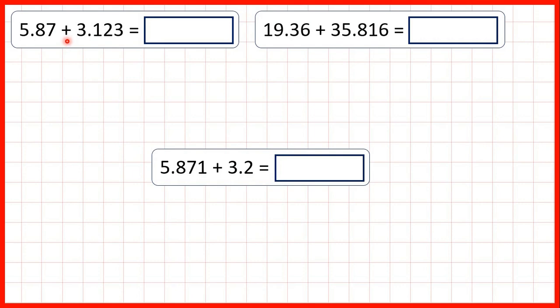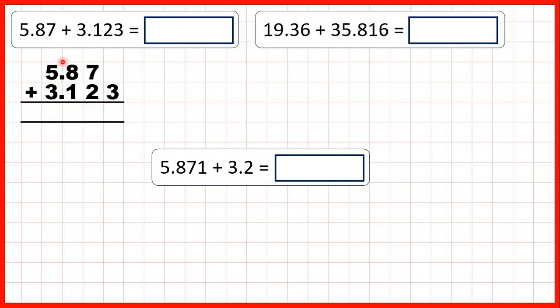Now we need to add numbers with a different number of decimal places. So first we have 5.87 plus 3.123. We can use column addition for this, but it's really important that we remember that the decimal points need